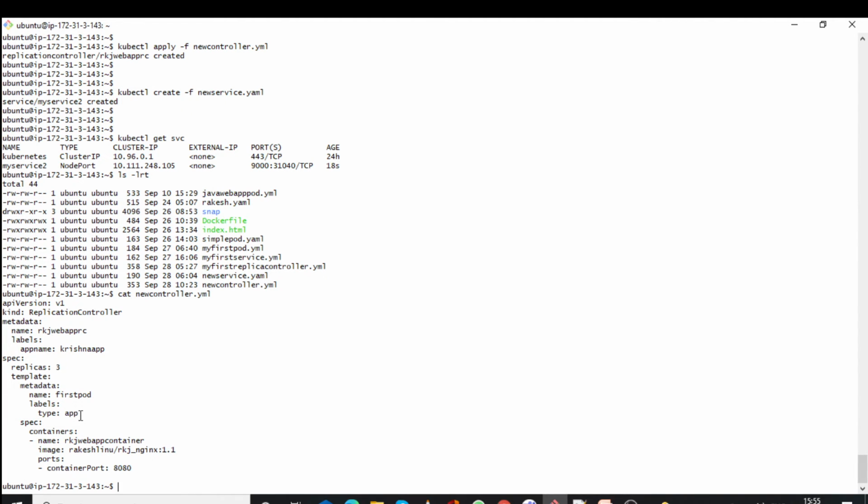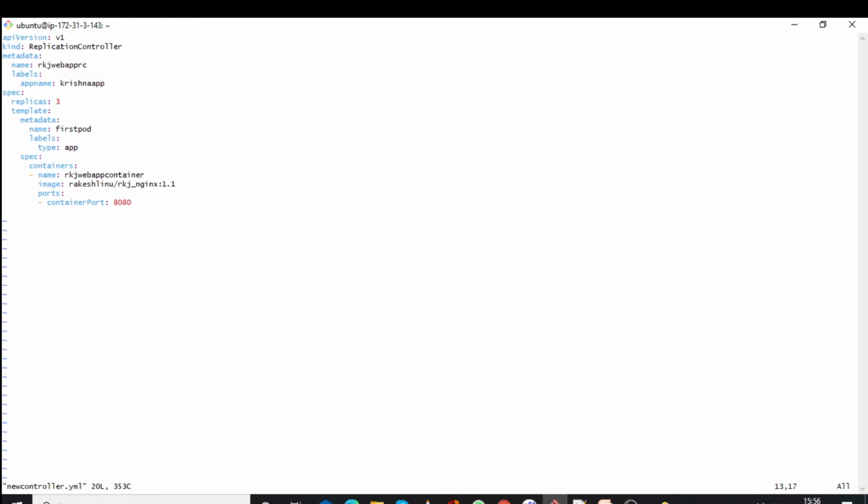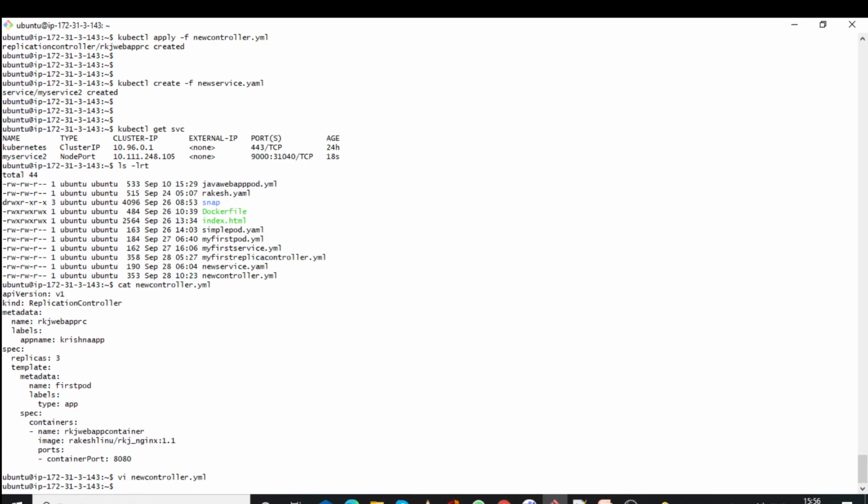If we change the label from app to something else, then we will not be able to access from outside the cluster. Let's see. Let me put something like XYZ. I added it here.